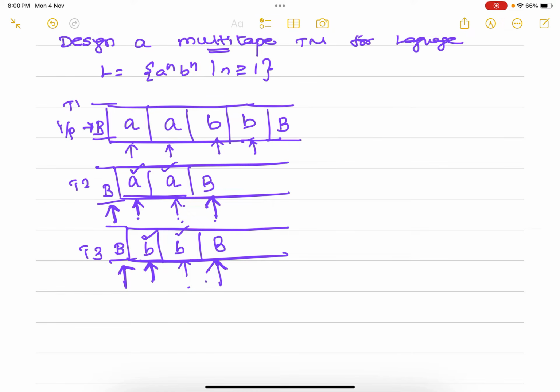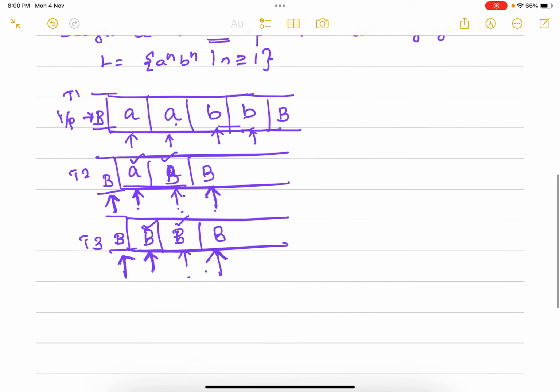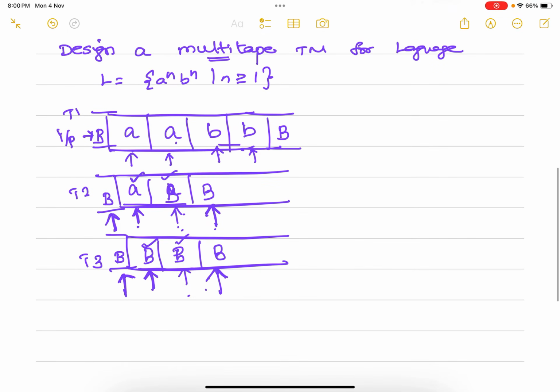Then I'll be stopping. While traversing forward, I'll be copying the contents of T1 to T2 in case of A, and T1 to T3 in case of B. While traversing to the left-hand side, once it is matched, I'll convert that into blank. And once it is done, I'll be halting. This is the logic we are going to follow for designing a multi-tape Turing machine